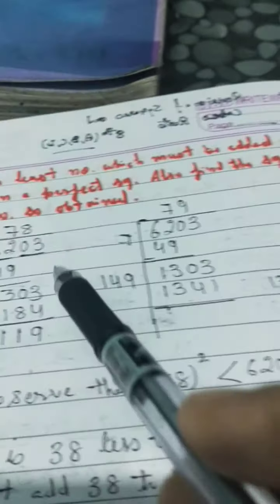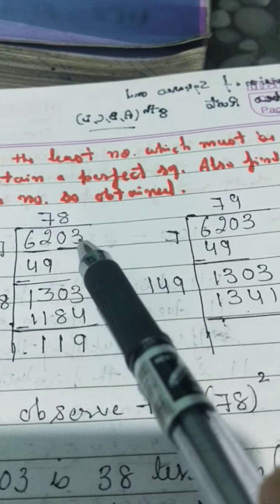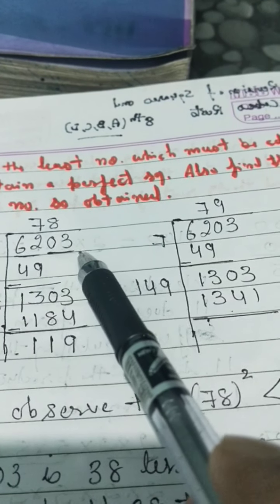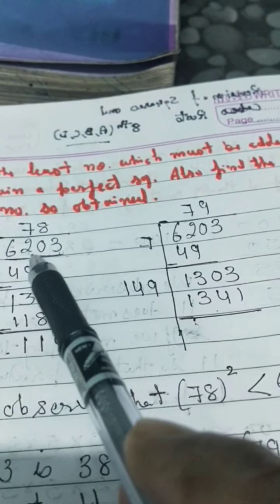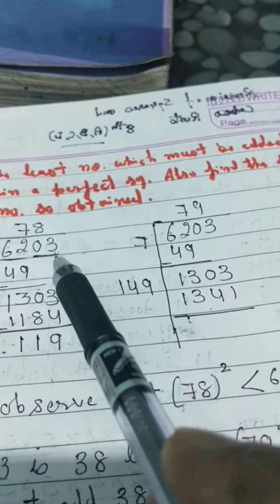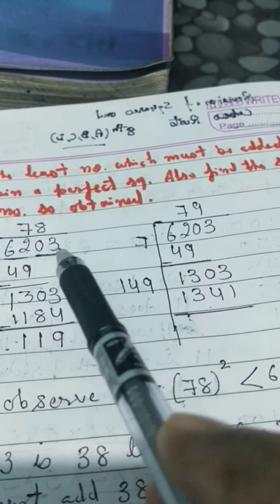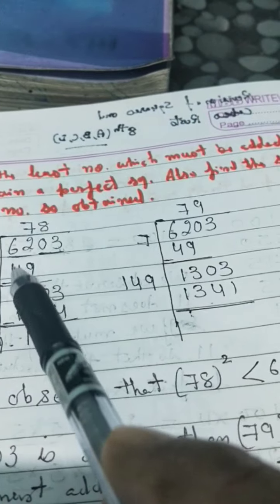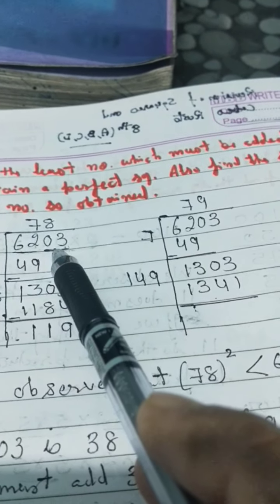So what is the working for the long division method? Make pairs. You can find the pairs starting from your ones place. This is your ones, tens, hundreds, thousands, 6203. So make pairs starting from the rightmost digit, that is 03, one pair, and 62, the second pair. These pairs are known as periods. This is your first period and this one is your second period.